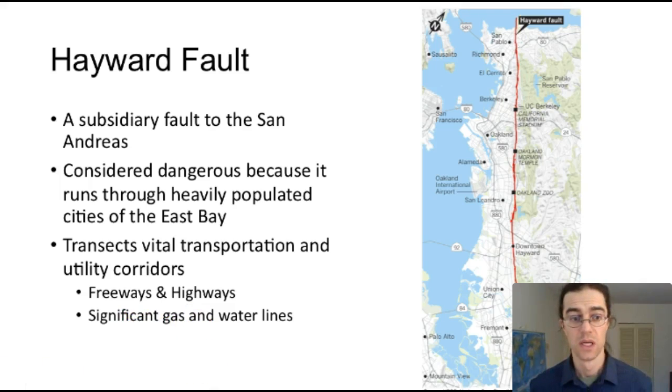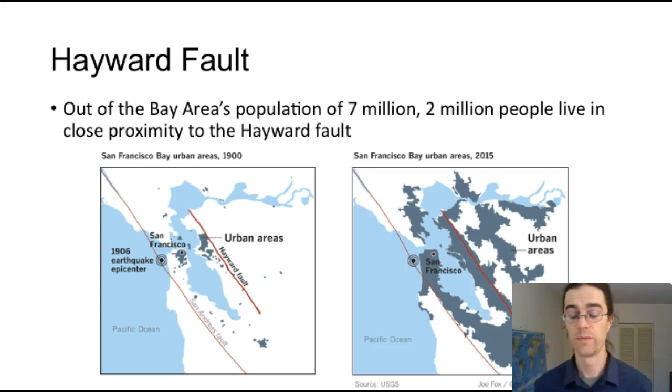So again, really important to keep in mind, and hopefully some of you will go on to be planners and engineers and geographers and can work towards creating more safety and sensibility around these issues. So out of the Bay Area's population of about 7 million, 2 million live in close proximity to the Hayward Fault alone. This is pretty interesting to see